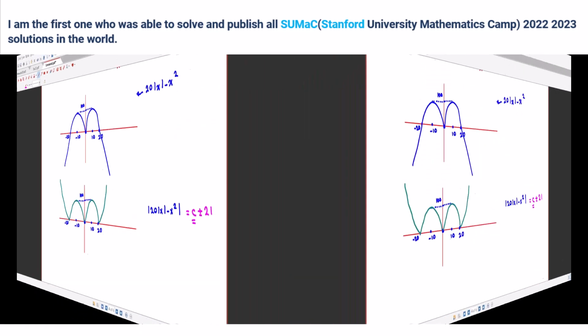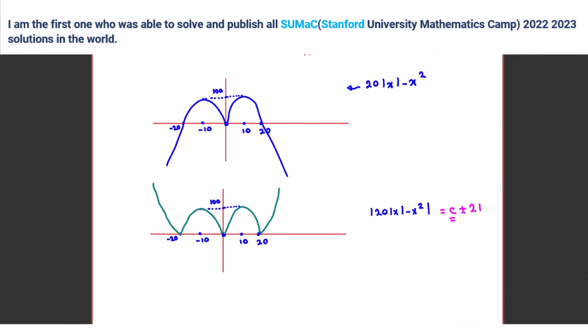Okay. Teacher, is the answer 57? Good job. Yes, that was the reason I told you don't tell me the last answer. Tell me your approach. Because look, C plus minus 21 is the figure of what? The figure of a straight line, horizontal. Exactly, two horizontal lines, right? Okay, now